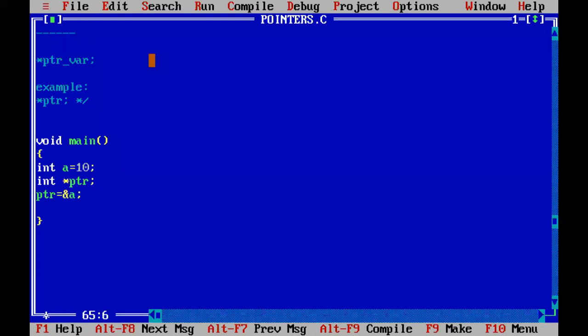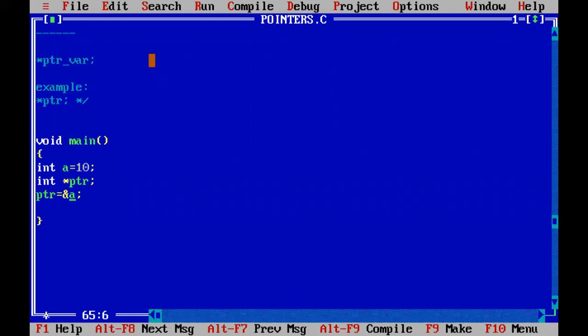What is the address of a? We will print it. So instead of 10, the address of a will go and store into the PTR. A is also a variable, PTR is also a variable. A is a normal integer type variable, for which 2 bytes are allocated, and PTR is an integer pointer type variable.